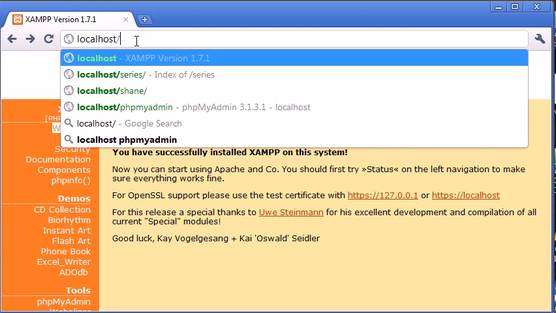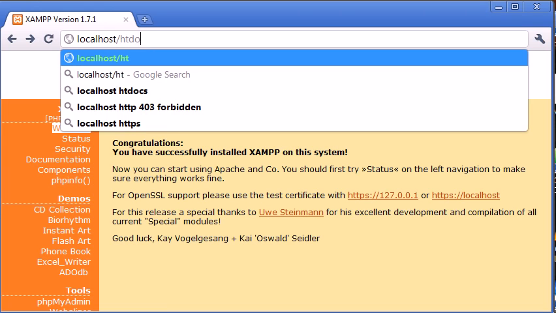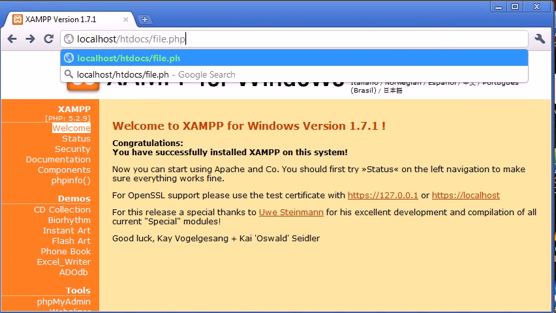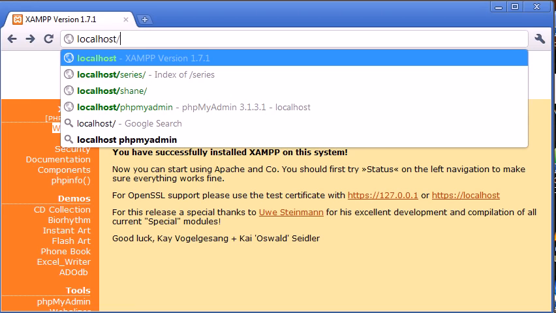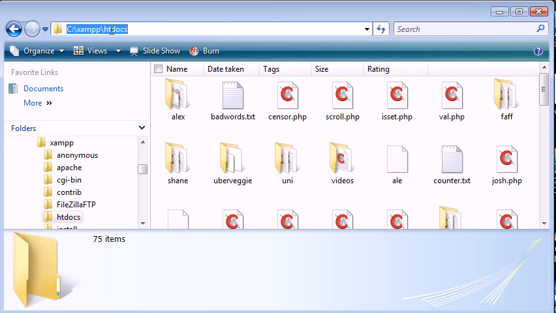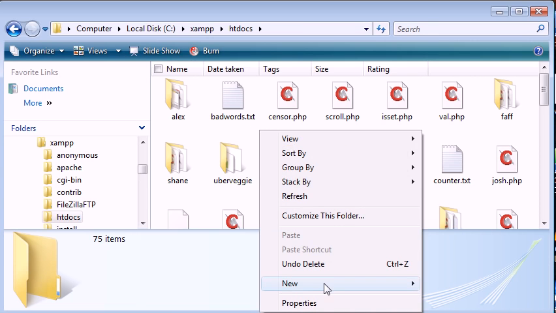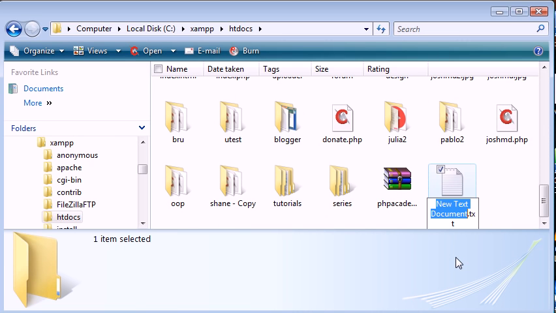Now we don't need to do localhost/htdocs/ and our file, because htdocs here is the root directory, if you like, for where our file should be. So let's go ahead here and I'll create a new text document, and I'm going to